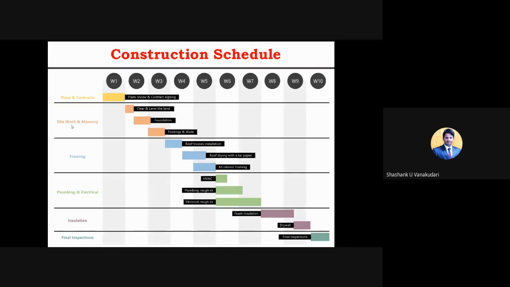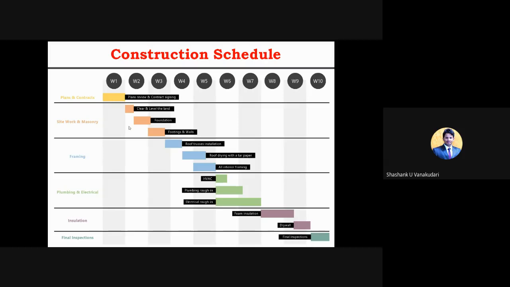Then after that, the next activity will be site work and masonry. Whatever activities they have given here, these are the main activities. Again, the sub-activities are divided, and for those also we can provide these types of bars which show exactly what is going to be conducted in those weeks.